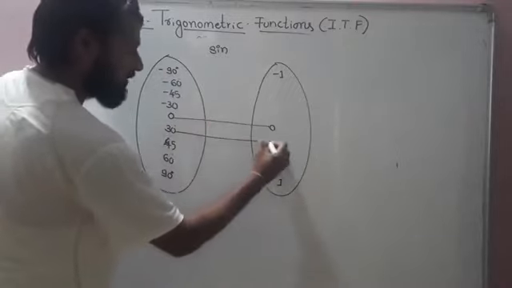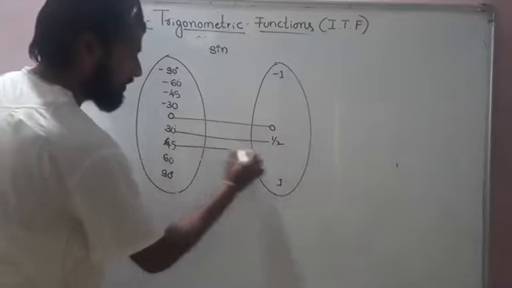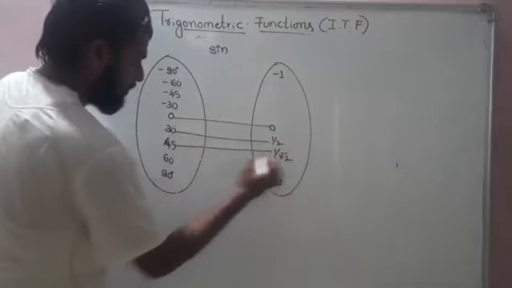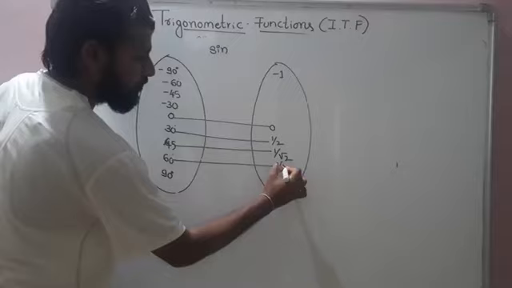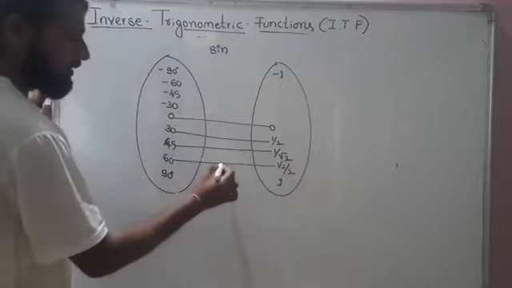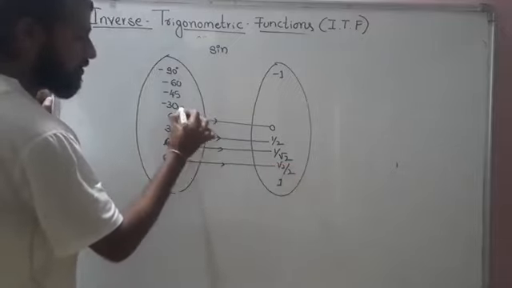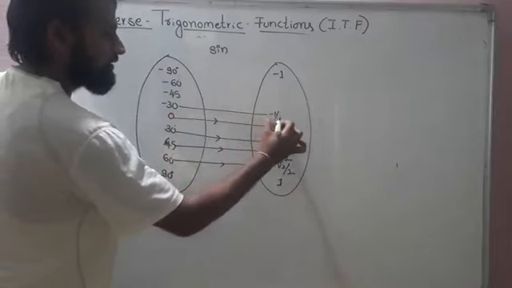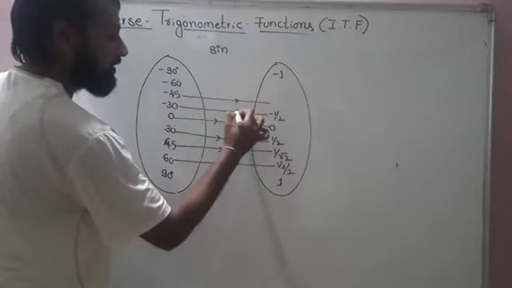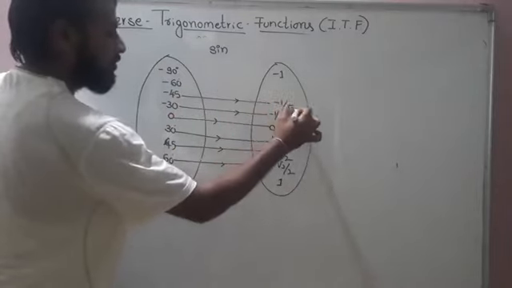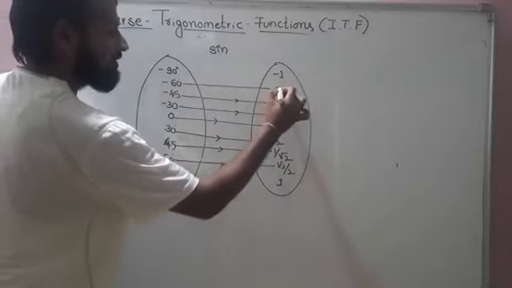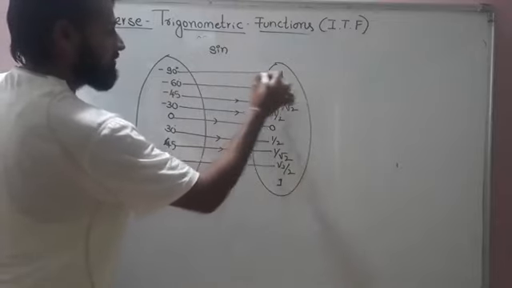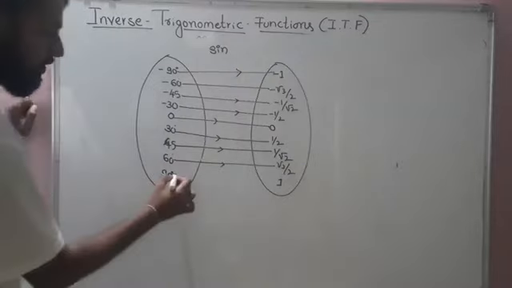0, 30 will be connected to 1 by 2, 45 will be connected to 1 by root 2, 60 will be connected to root 3 by 2. Isn't it? Yeah. Now minus 30 will be connected to minus half, minus 45 will be connected to minus 1 by root 2, and this is minus root 3 by 2 and this is minus 1 by 2. Now you can see